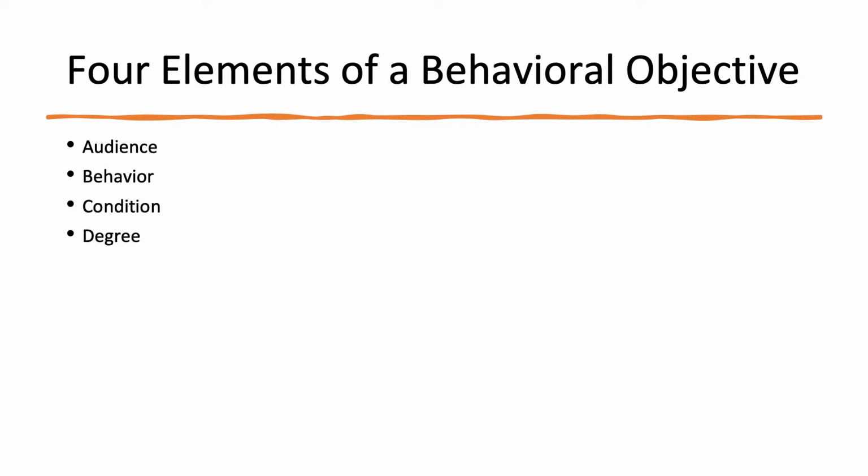And there are different formats for this. I have formal and informal objectives within my scheme of things. There are 5-part objectives. I've even seen 6-part objectives. So depending on who the theorist was and what they decided to come up with, I think the most accepted format now is the 4-part with audience, behavior, condition, degree. So let's go through each one of these because each one is important.